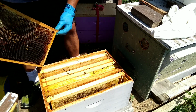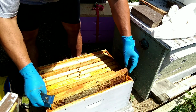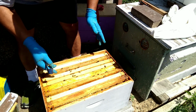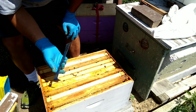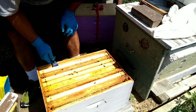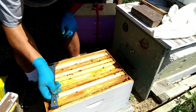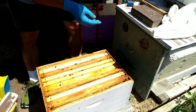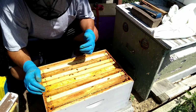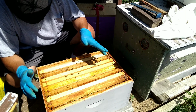In nature, this colony would just dwindle down till they got weak enough that they just get robbed out. There's actually a respectable amount of honey in here for a one box little colony for right now, but there's no new workers being produced. There's no queen in here. They're just going to dwindle until they get robbed out. So what I'm going to do is I'm just going to take this box away, shake all the bees out,